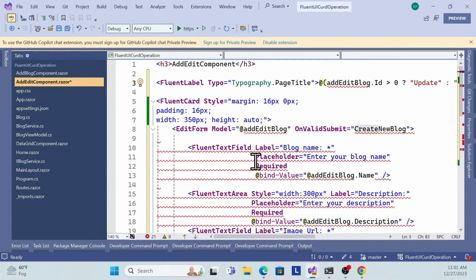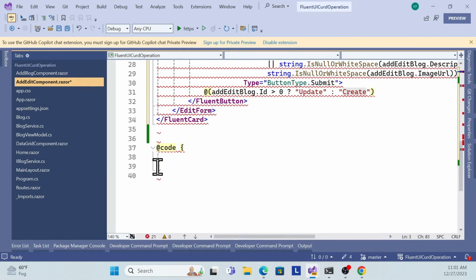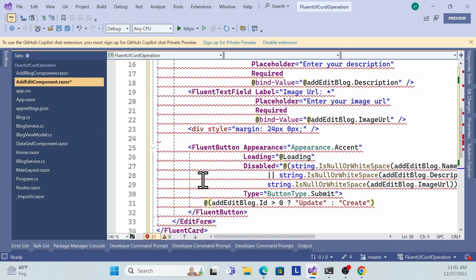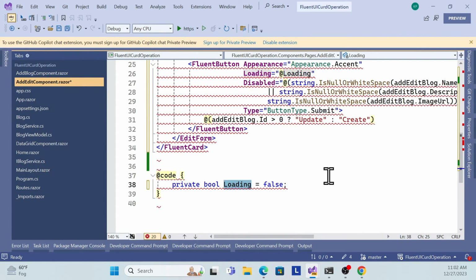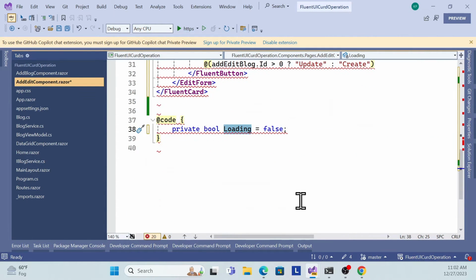And now what I can do, I need to implement now our model and the properties, right. So how we can do that, it's very simple. First of all, I just use that loading property over here, which I use in this button. So first time it would be disabled,